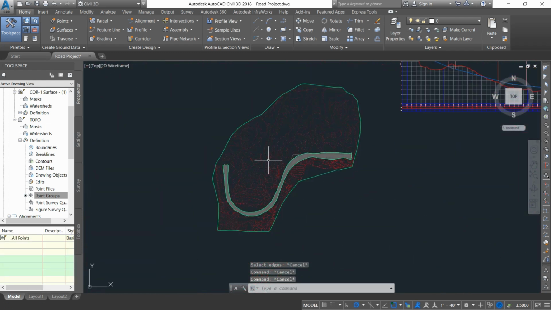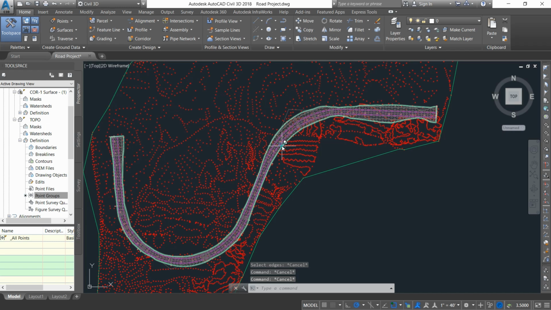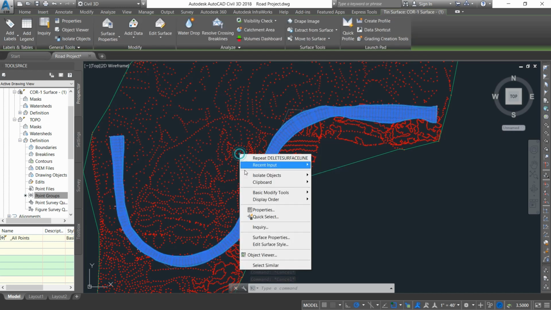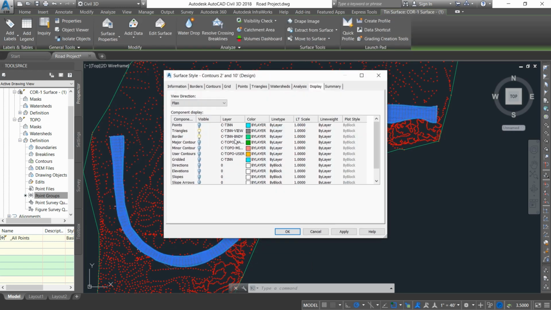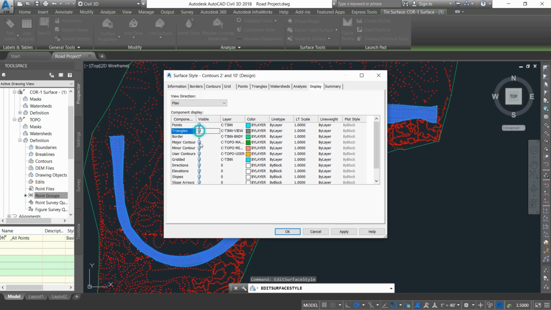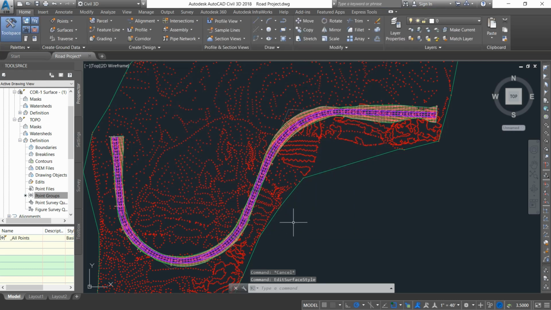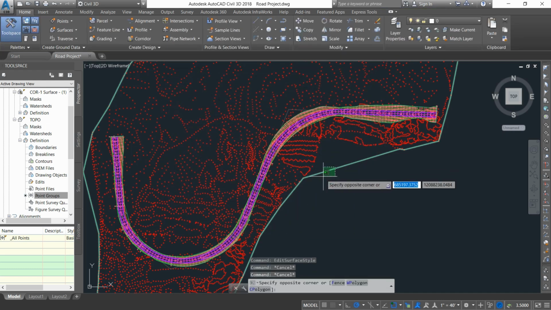And then we will restore the state of this surface, clicking on edit surface style and then uncheck the triangles and check major and minor contours, click on apply and OK. Also for the other surface,